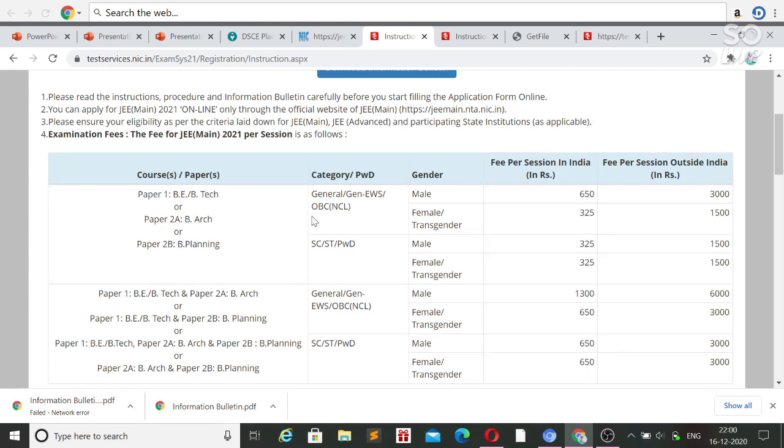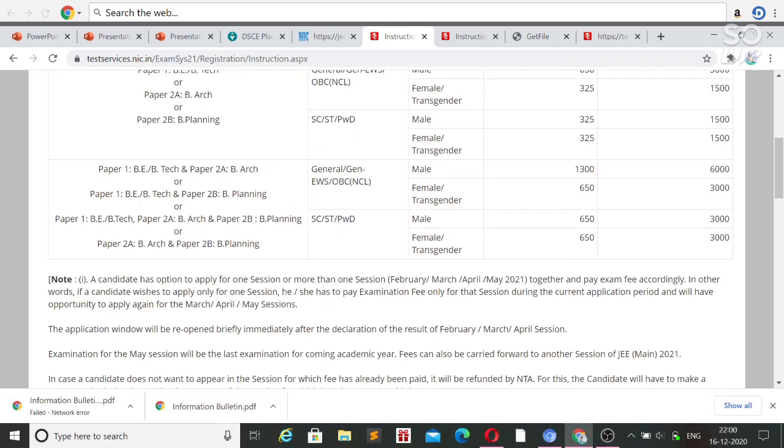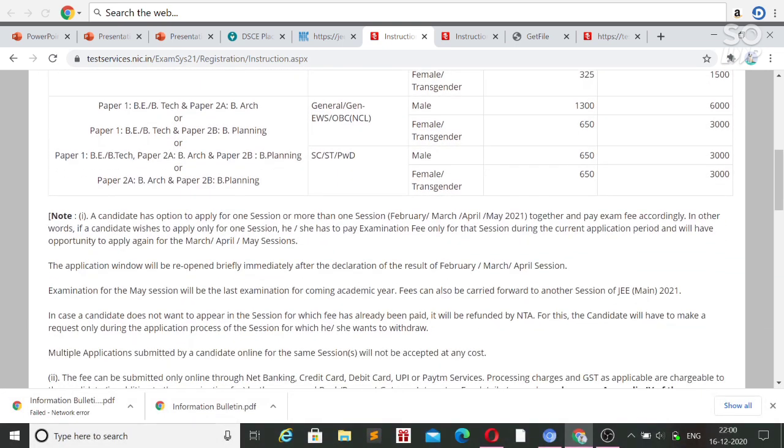And if you apply for two exams, then you have to pay 1300 for General and 650 for SC, ST, PwD and for girls. So this is all about the application fee.